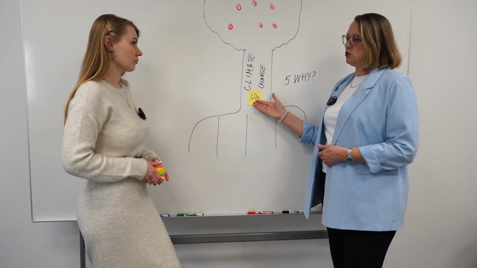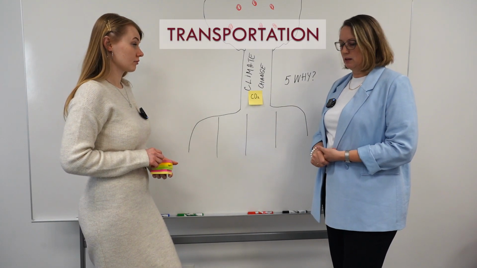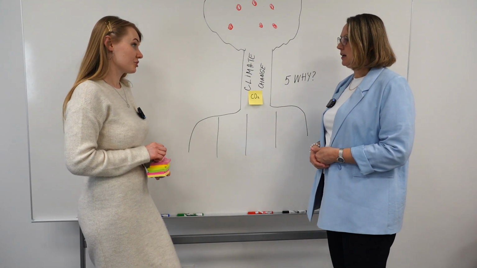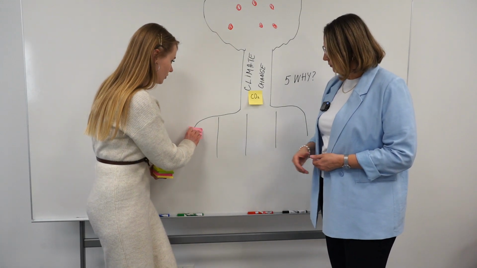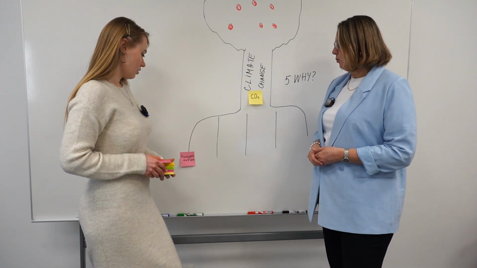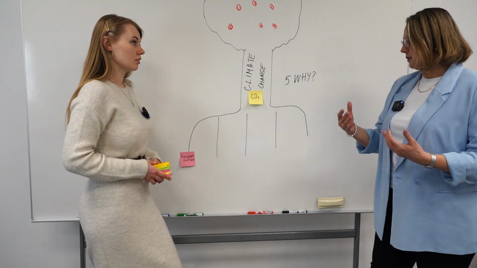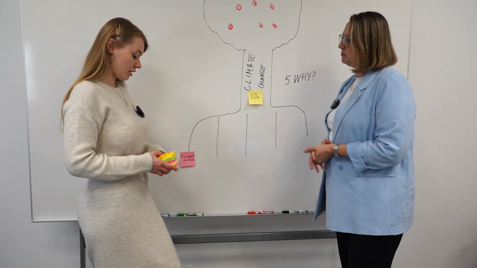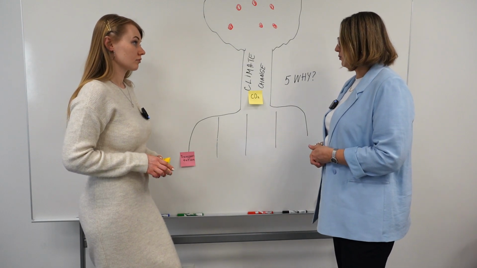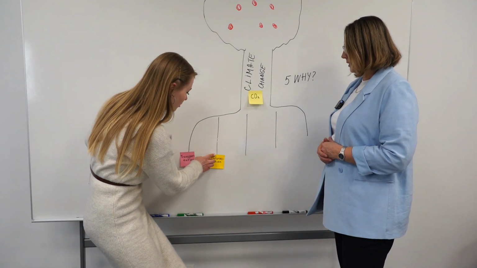What causes CO2 emissions? Well, obviously first is transportation. Very good. So also the great use of transportation. We use transportation for everything. Overuse even. Even overuse. So that will be the cause. Add it here. Great. All right. So what could be another answer to this question why? That is one time we have answered, right? Yes. So what is another answer to the question why? Deforestation. That's a very good point. We are cutting too many trees, and therefore, of course, it's also causing that problem. So there is number 2. Number 2, yes. Like this.